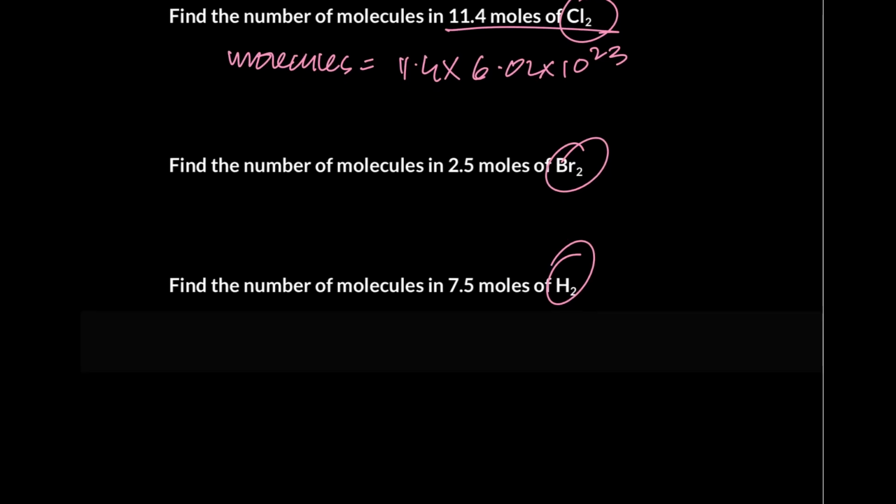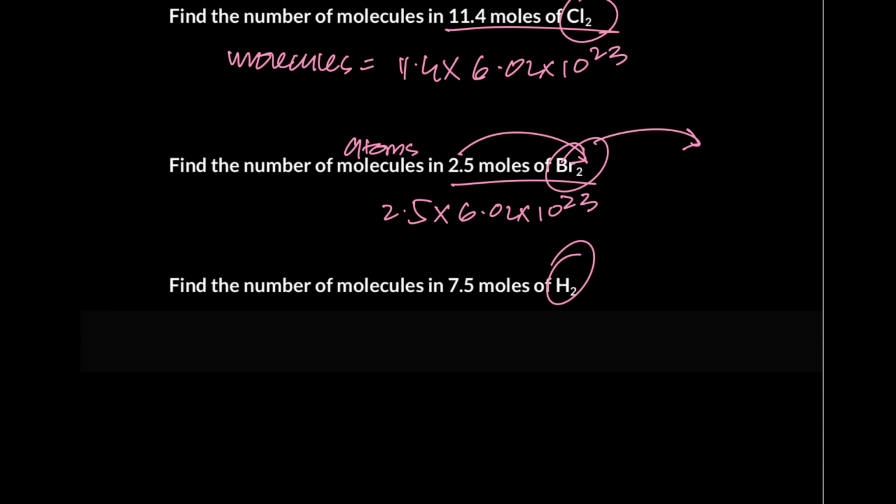बढ़ूँ आगे? अच्छा, अगर खुदा ना खास्ता वो कह देता फाइंड द नंबर ऑफ एटम्स इन 2.5 मोल्स ऑफ Br2, एटम्स ऑफ Br निकालें, फिर क्या करते हैं? 2.5 टाइम्स 2 एंड देन मल्टीप्लाइड बाय 6.02 इंटू 10^23। डन। इतना प्रोसेस हमारा काम कर रहा है गाइस। अगर वो कहता कि फाइंड द नंबर ऑफ एटम्स इन 2.5 मोल्स ऑफ Br2, तो क्या करते? पहले मोल्स ऑफ एटम्स निकालते, 2.5 टाइम्स 2, 5 मोल्स ऑफ Br है, और फिर उसको मल्टीप्लाई करते 6.02 इंटू 10^23। खत्म।